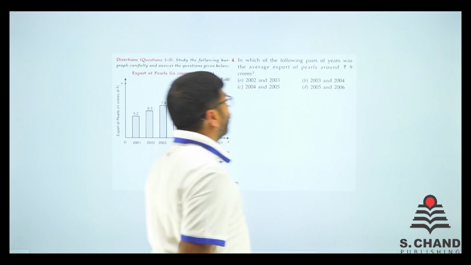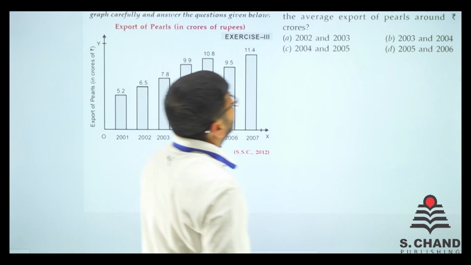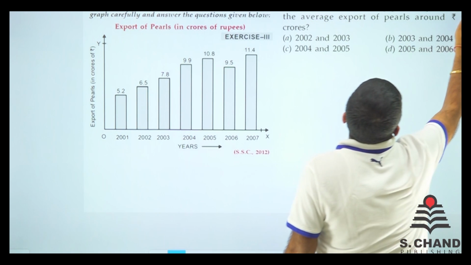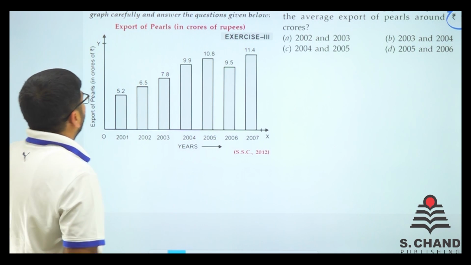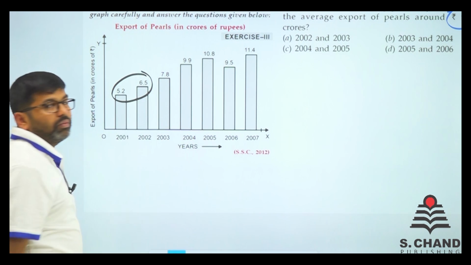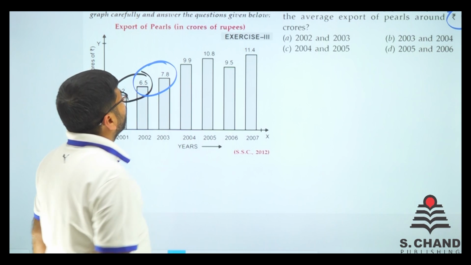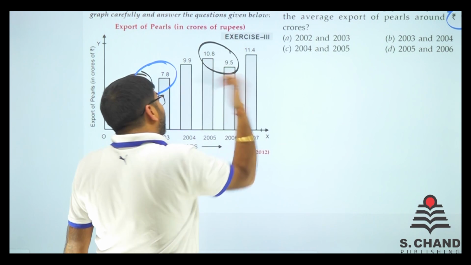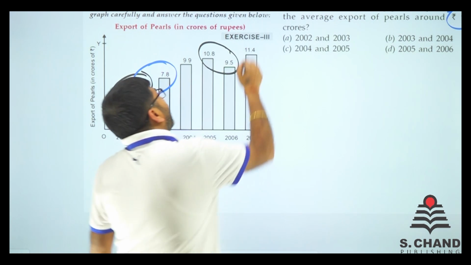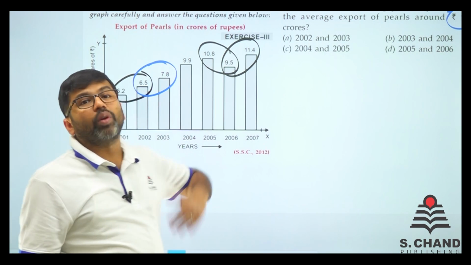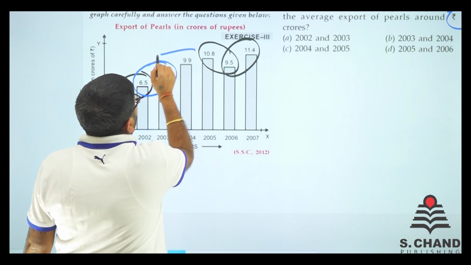Now coming to the last question, let's see what it says. In which of the following pairs of years is the average export 9 crore rupees? See, if both numbers are below 9, it cannot be average 9. If both numbers are above 9, you cannot say the average is 9. And in a similar way, if both numbers are more than 9, how can the average be below 9? So there is only one possibility